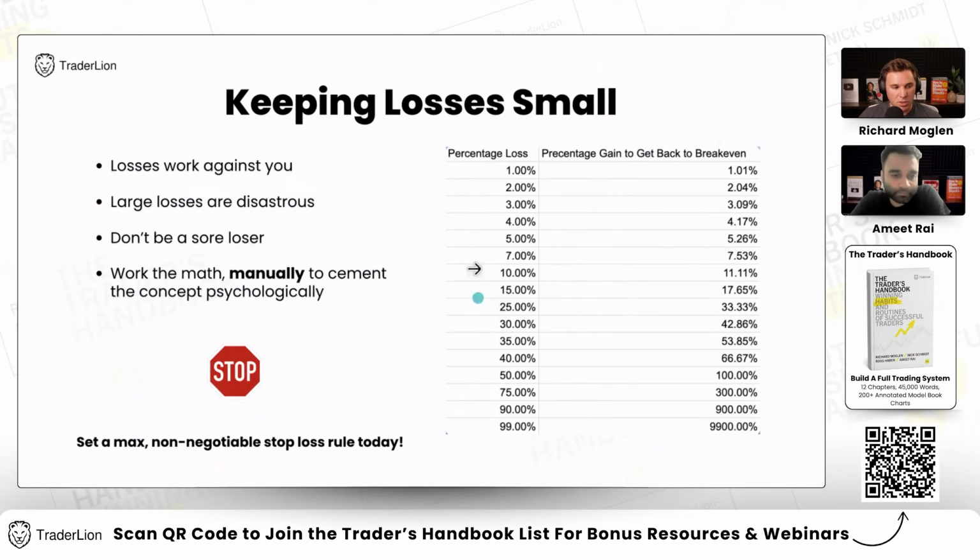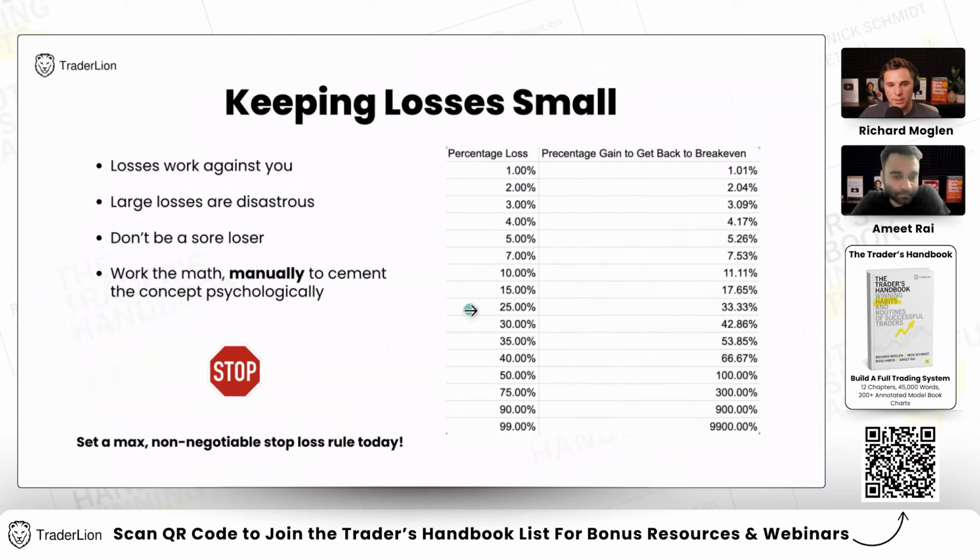And this column right here is basically a percentage loss. Again, this could be on a position or your total portfolio. Then this shows what you would require, after experiencing that loss, to simply get back to break even. So at 1%, you barely have to make 1% back to recover that 1%. At 2%, again, very minimal. Even up to 5%, it's very minimal. But once you get above 7% and really above 10%, you can see how the deeper the drawdown on a position or your overall portfolio, the more you have to gain